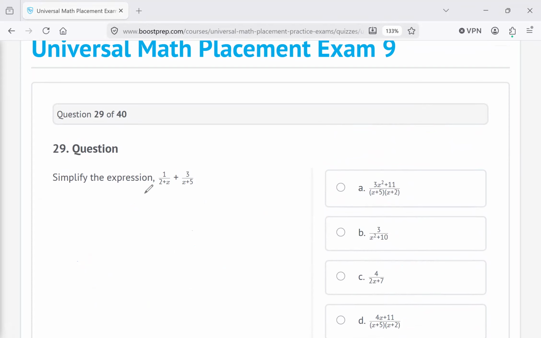Okay, 29. What you want to do is simplify this fraction. So when you're adding or subtracting, you need an LCD. So what is my LCD? It is